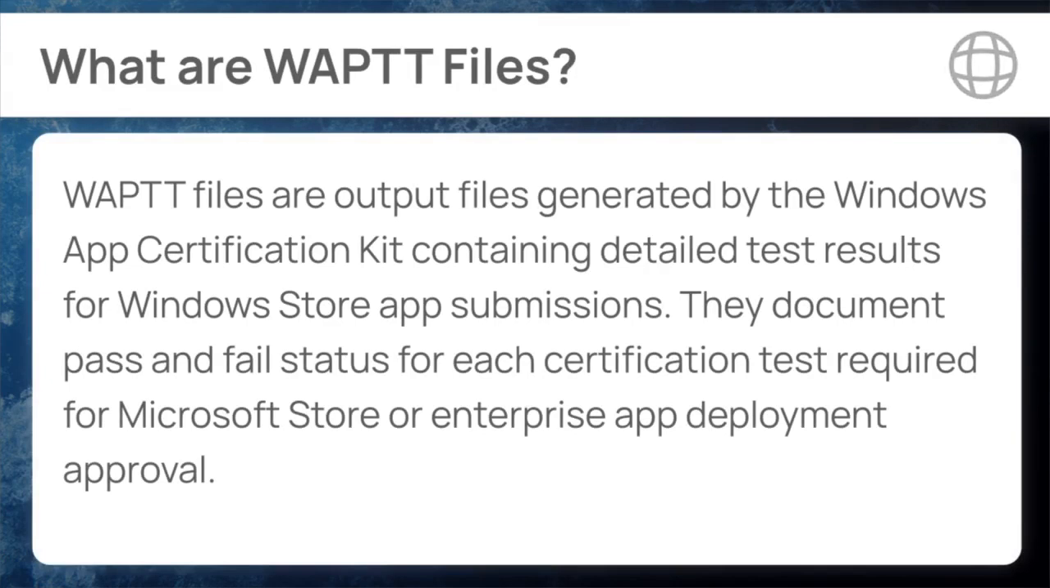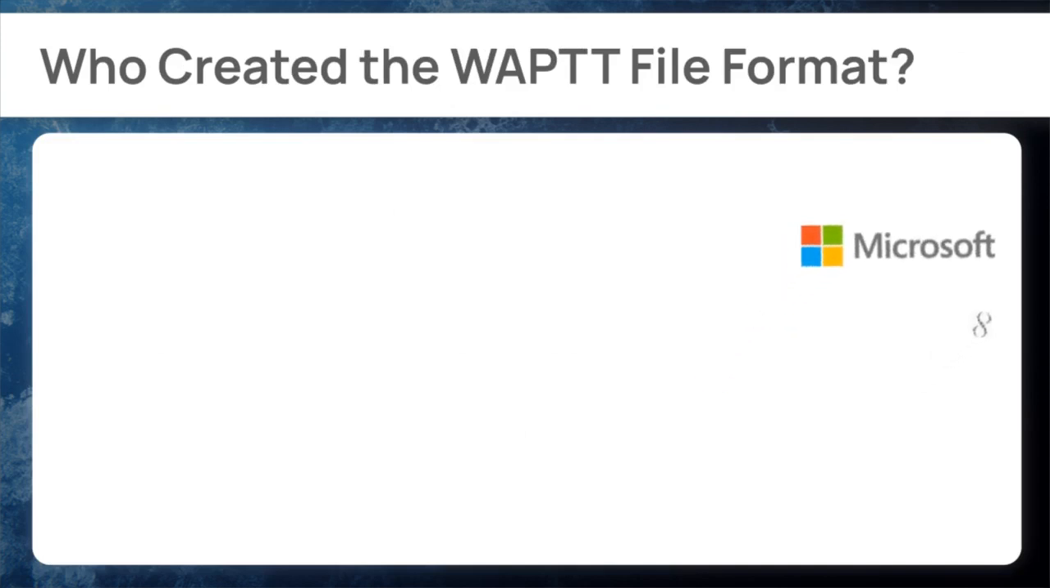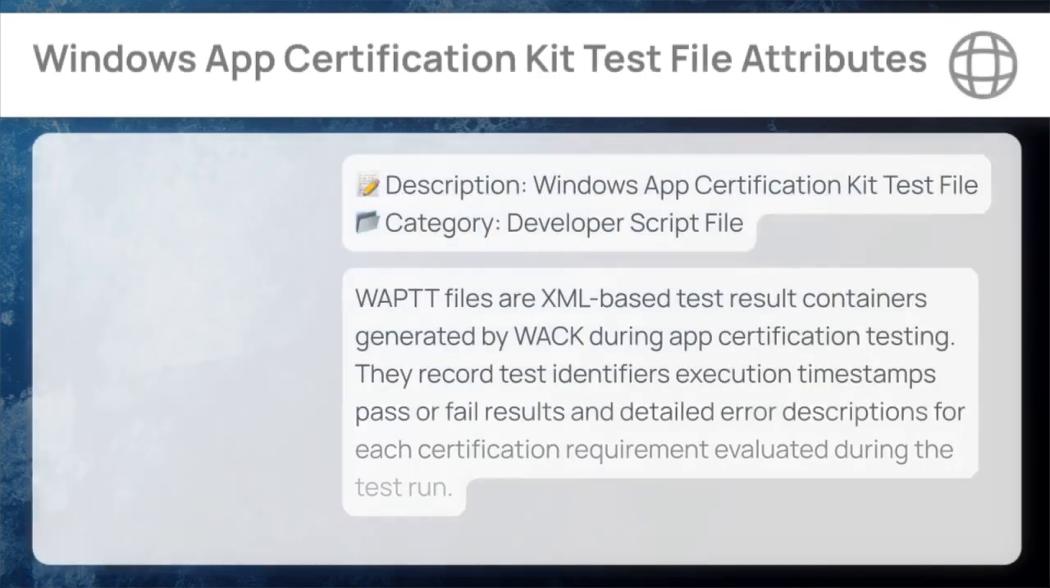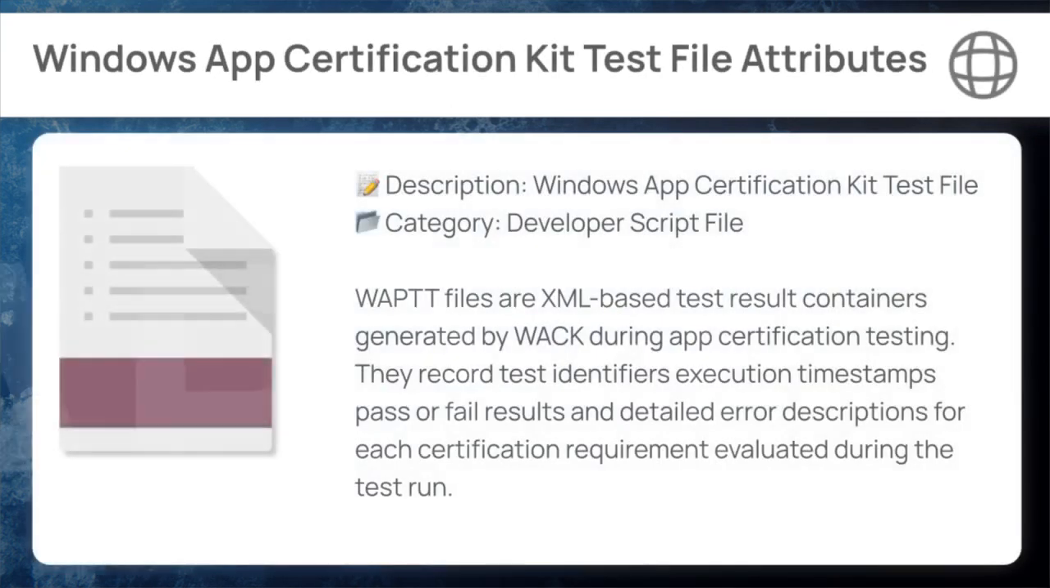for Windows Store app submissions. They document pass and fail status for each certification test required for Microsoft Store or Enterprise App Deployment approval. WAPTT files are XML-based test result containers generated by WAC during app certification testing. They record test identifiers, execution timestamps, pass or fail results, and detailed error descriptions for each certification requirement evaluated during